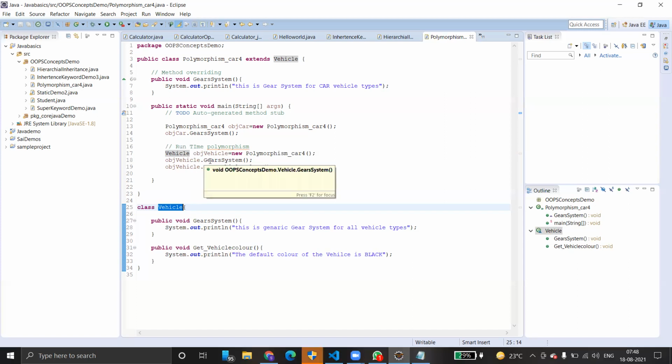How is that possible? That can be done only by assigning the reference of the child class to the parent class object. So that is the main thing. When we want to use both child class and parent class methods, then we use method overriding.